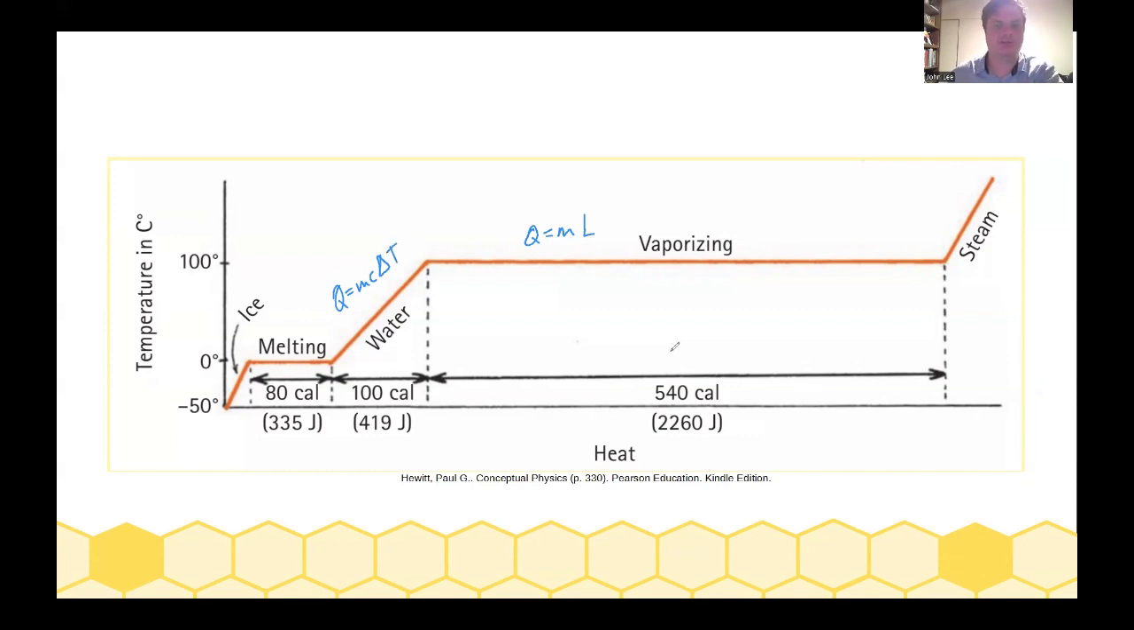This graph shows how much energy is required to heat up a sample of ice from negative 50 degrees Celsius to some temperature above 100 degrees Celsius. The amount of ice that's being heated here is going to be 1 gram, which you can tell because it takes 100 calories to go from 0 degrees Celsius to 100 degrees Celsius. And the definition of a calorie is the amount of energy that it takes to raise a gram of water